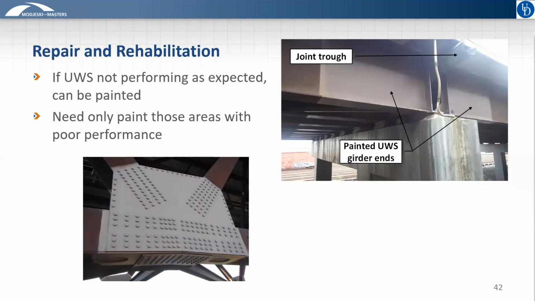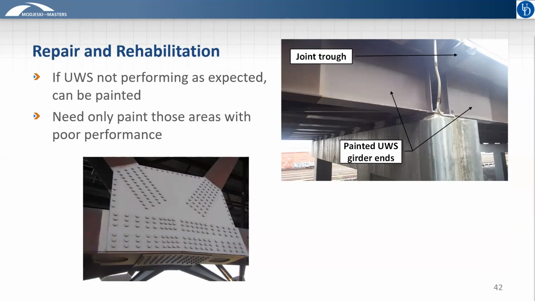In terms of repair and rehabilitation, the manual has some recommendations as well. So if you are having some trouble with a weathering steel bridge, for whatever reason, they are relatively easy to address. You can tactically paint in the field after the bridge is in place. If you have a joint that's leaking, you can paint the ends of the weathering steel